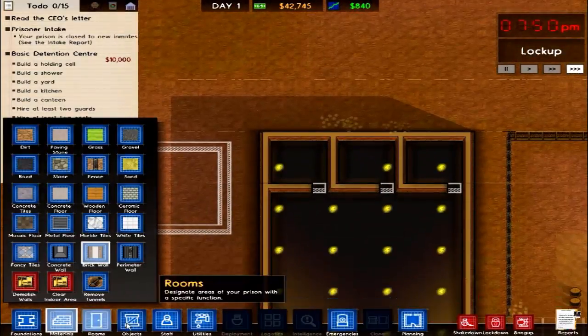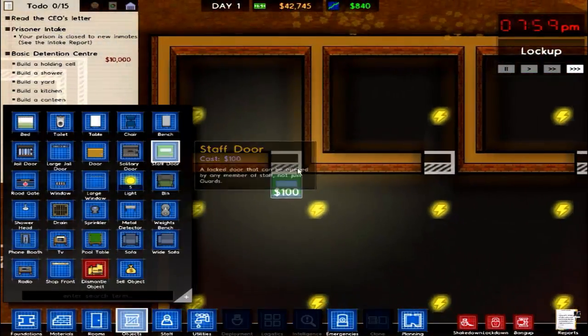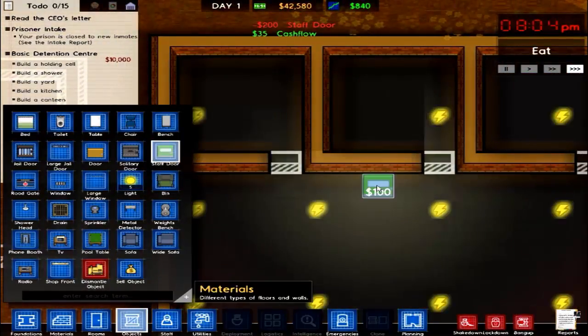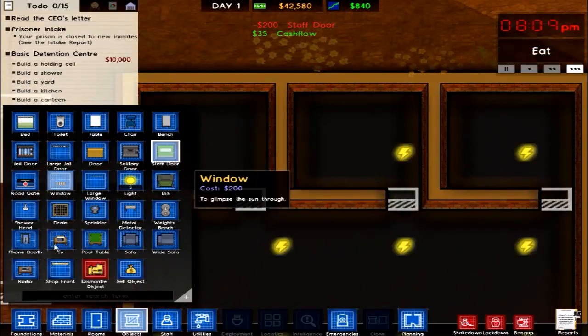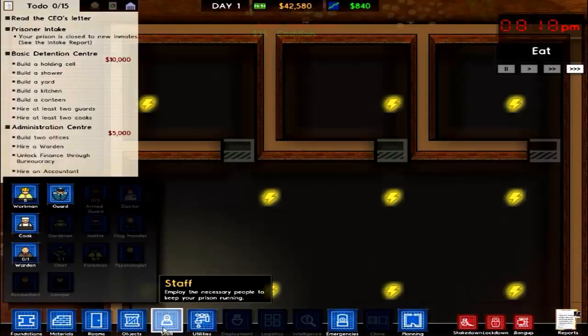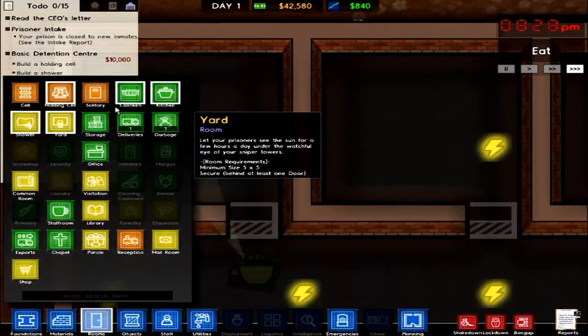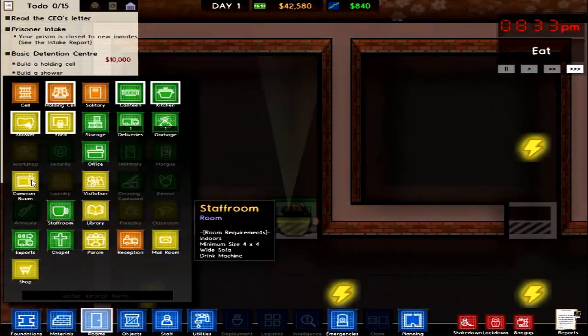Alright, there you go. So now these offices have been built. Now I just need to set up a staff door on these 2, since we're only going to be using these 2 until we start the prison. Next I'm going to... Well, it would really make it easy if I went to the Rooms tab and made...